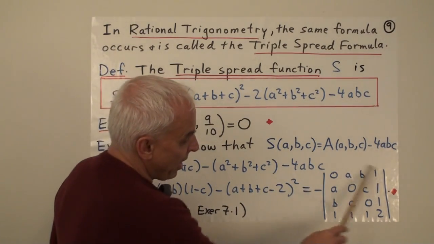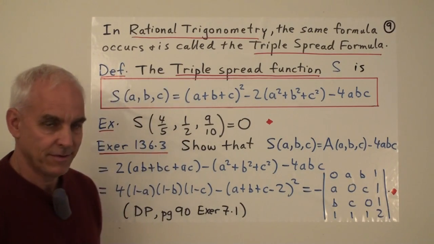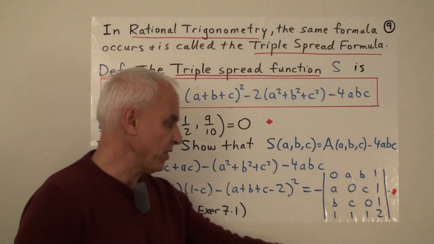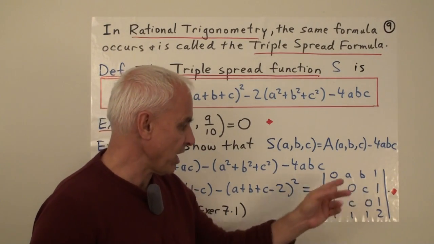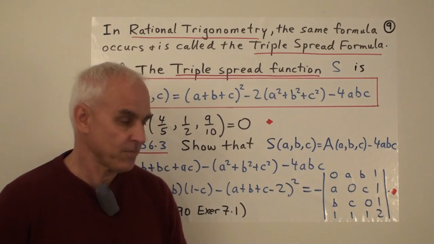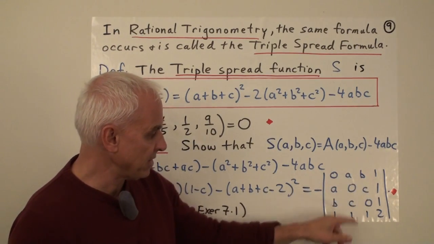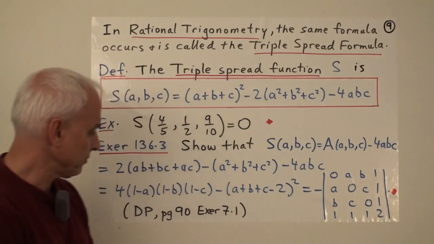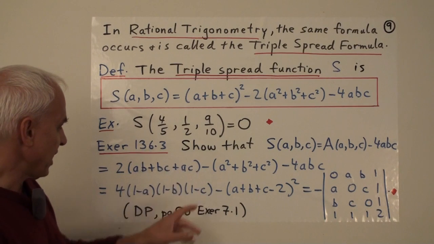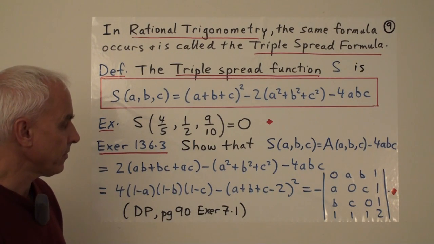And one more as the negative of a 4 by 4 determinant. If you don't know what a 4 by 4 determinant is, don't worry. If you do happen to know what that is, then you can check that that's the same. It has a pleasant symmetric form here: A, B, C here, A, B, C here, and 1s, with a 2 down in that corner. And this exercise is taken from my book, exercise 7.1.